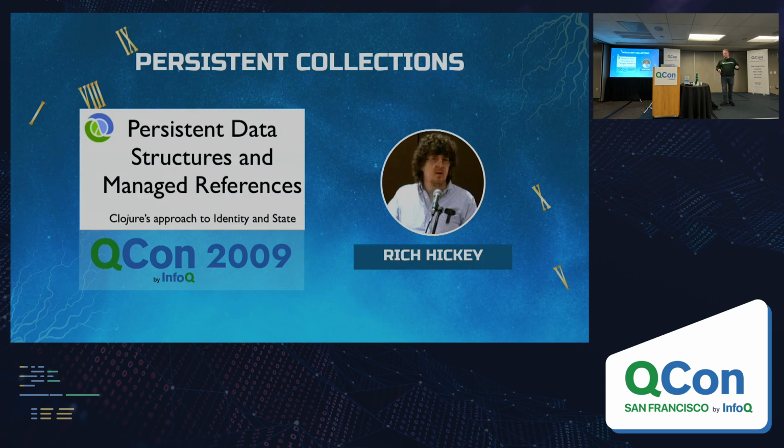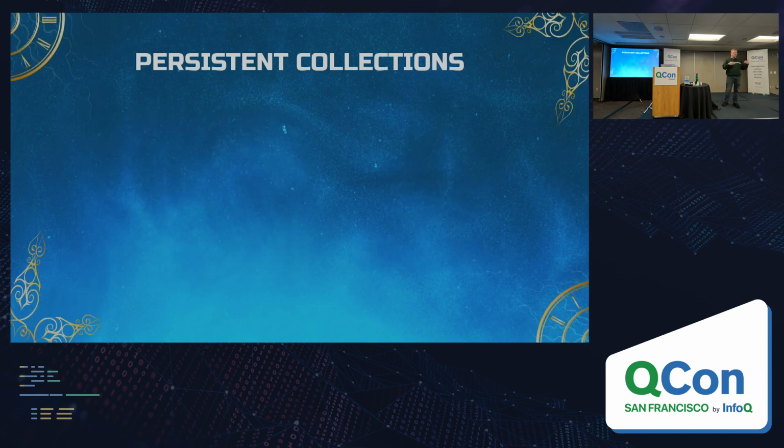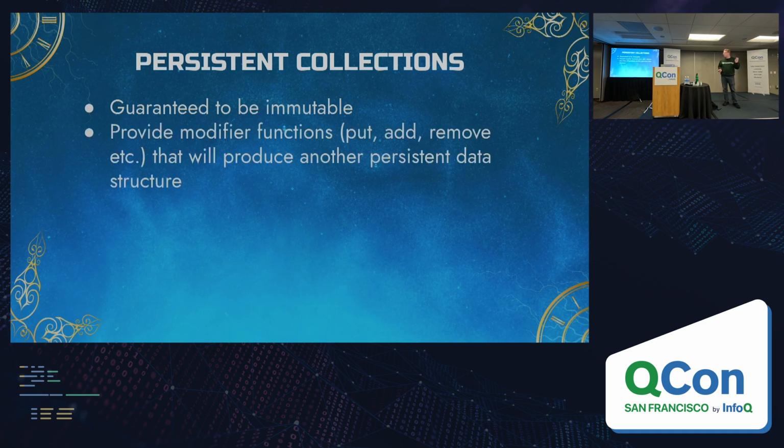There's a really cool talk from QCon 2009, from Rich Hickey, the author of Clojure, about persistent data structures, which are the data structures that he built in as the defaults in the language of Clojure. And they present themselves to you as a developer as immutable at all times. So when you have a reference to one, it's guaranteed to be immutable. It provides modifier functions like add, remove, etc. But what they do is they produce a new data structure, and they give you a reference to it. And now you can have two references, one to the old one and one to the new one, and neither one of them can be modified by other code out from underneath you.